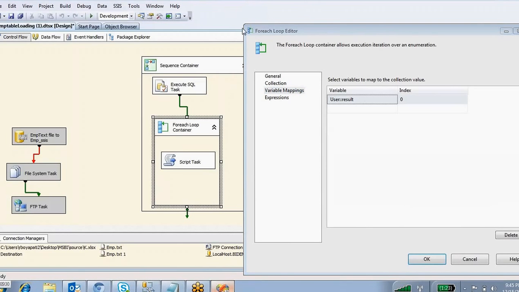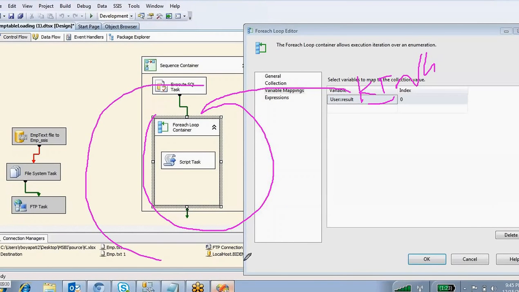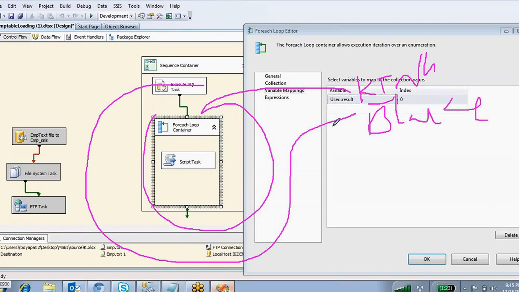The first time the foreach loop executes, the value coming into this result is King, and the second time it is Blake. At a time it saves only a single value, but across iterations the variable value is King, Blake, and so on.